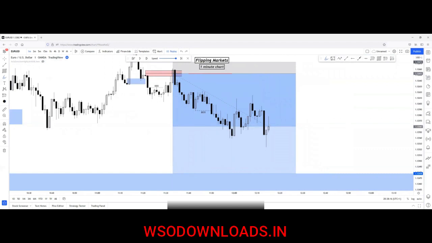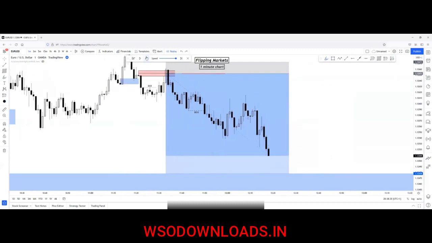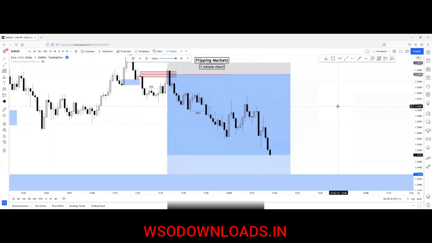It almost broke structure between inefficient pushes. As you can see, this is not a break of structure because this was just a weak break. So weak breaks aren't break of structures. So I will just keep my stop loss in break even. Still, let's see what happens next. So break of structure happened now. I will just move my stop loss